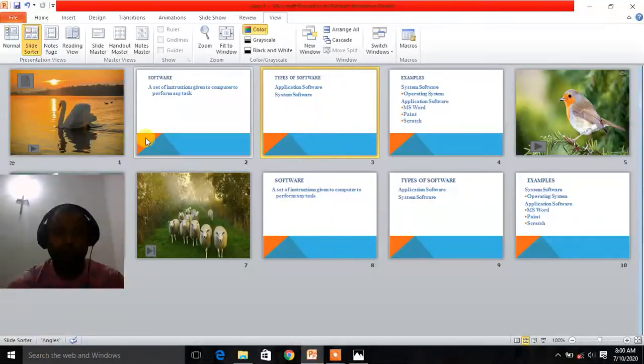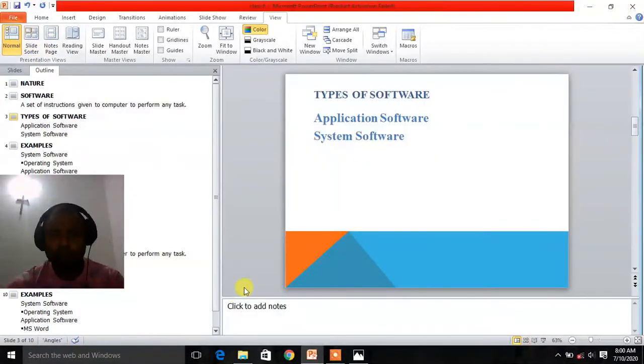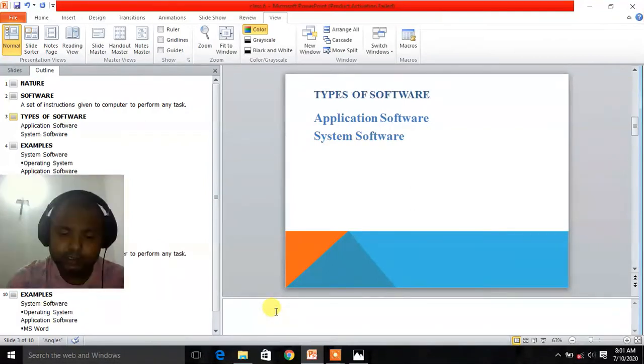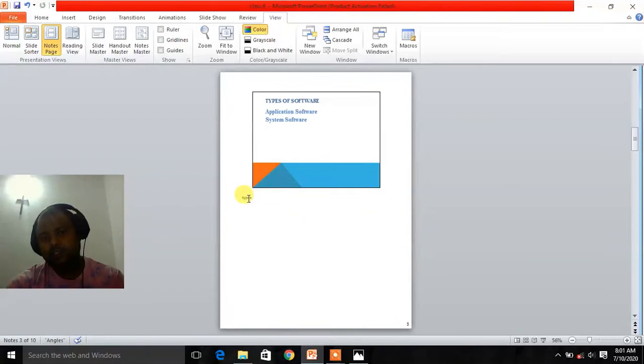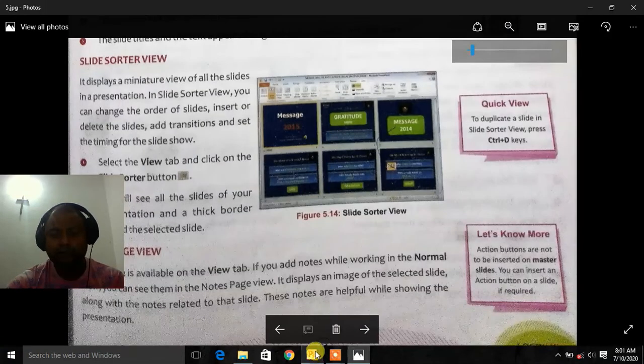So suppose I am making a presentation, let me add notes, types. Okay, now when I click on notes page view, I can see the notes displayed over here, types. So it is used to see the notes while showing a presentation.